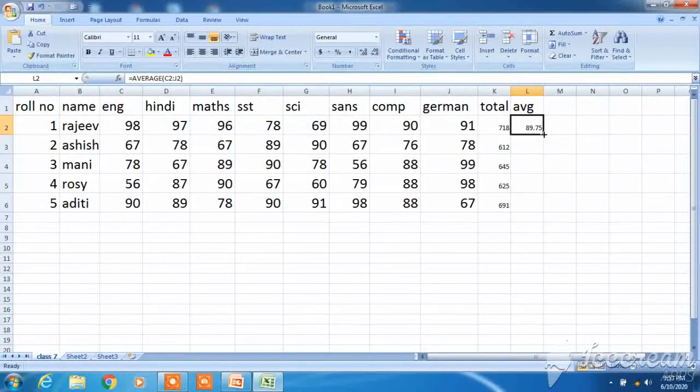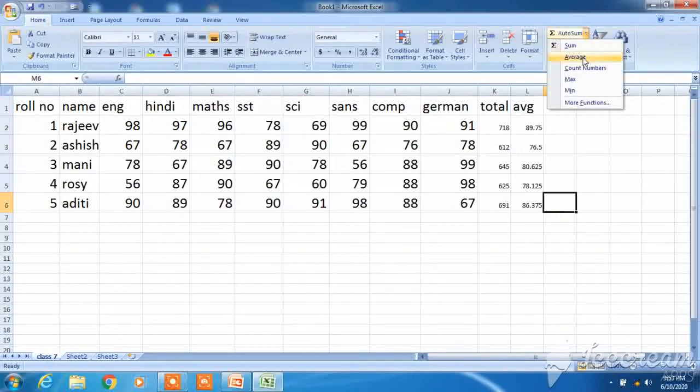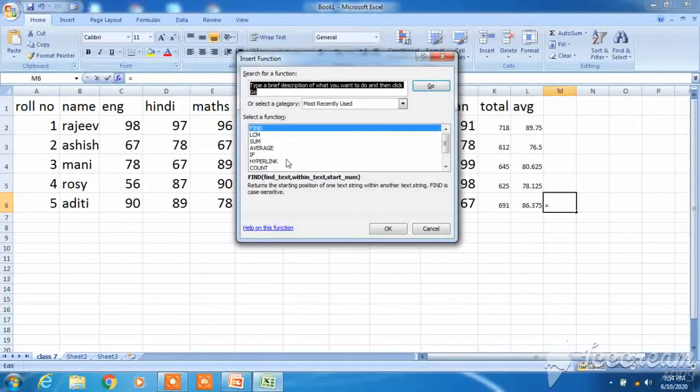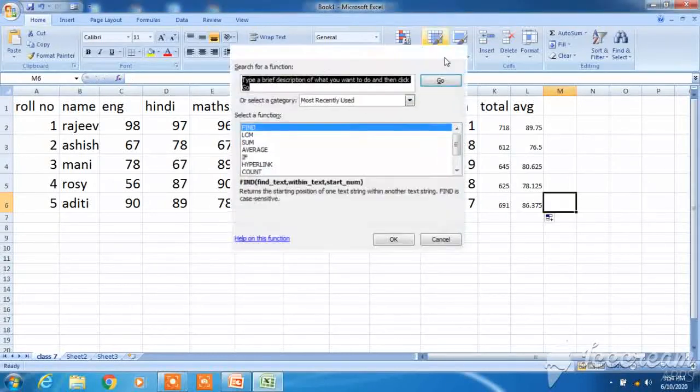Now drag from here, and the average of all the numbers will be calculated. From this option you can calculate average, sum, and count numbers, which shows the number of entries. Maximum among the selected cells and minimum will show the minimum. You can click on More Functions if you want other functions to be used.